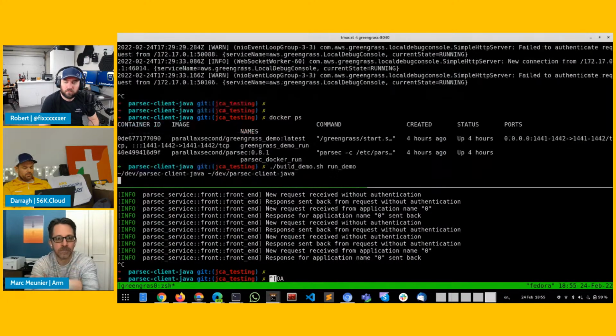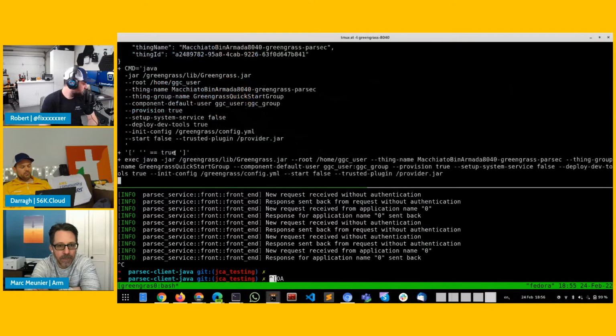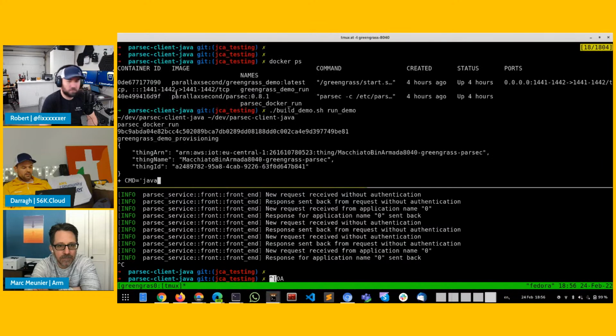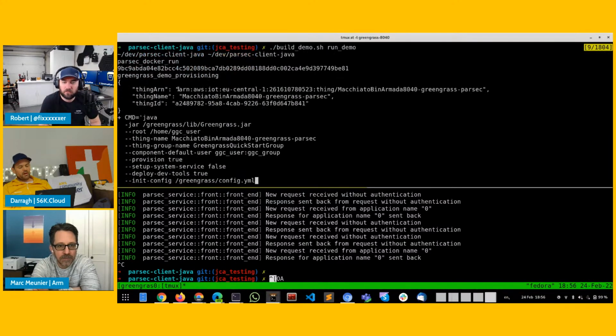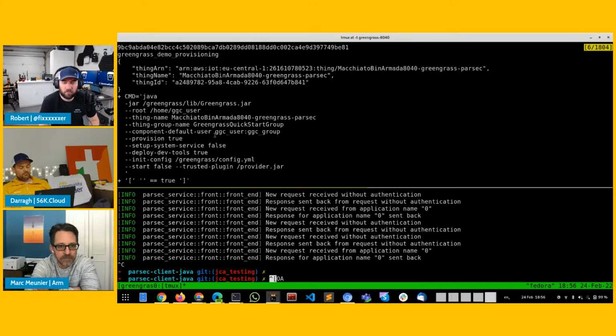So we have that build script. I'm basically going to walk you through the console. What we're doing now is provisioning the PARSEC, with Greengrass. So it's provisioning Greengrass. There's the Macchiato bin, so the thing ID. And then what happens is it loads up the Greengrass ecosystem nucleus, and then adds in the provider. That's a PARSEC provider, the actual